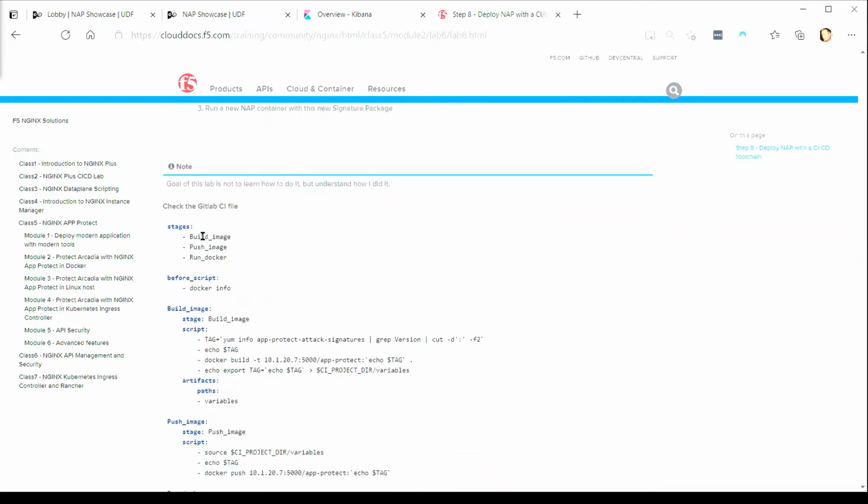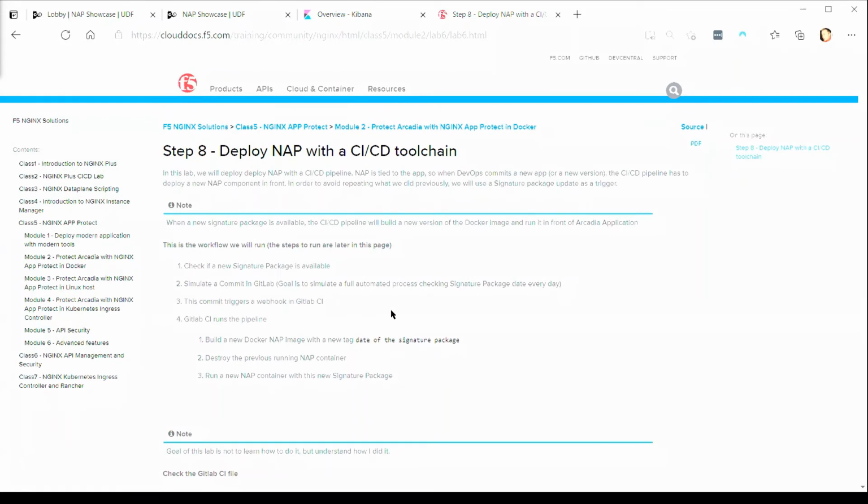So you see there are 3 stages to our automation here. It'll build an updated Docker image, which we did manually 3 times earlier. It'll push that image to the registry, and then it'll run Docker to discard the existing container and start a new one. It'll do all of these steps in an automated fashion. So in essence, by doing step 8, we're automating everything that we've done so far in this lab.